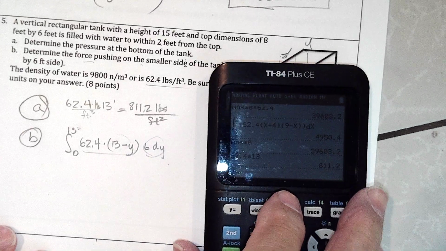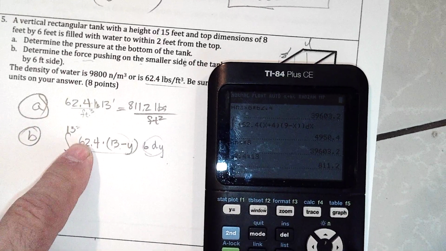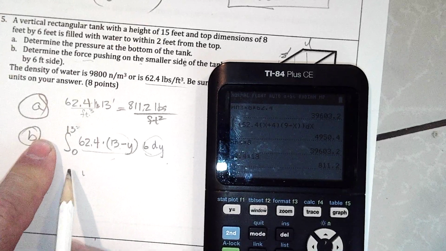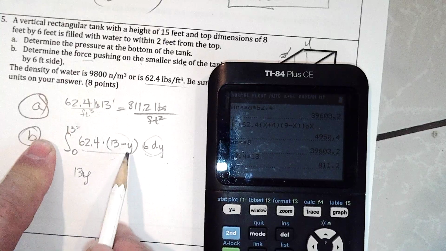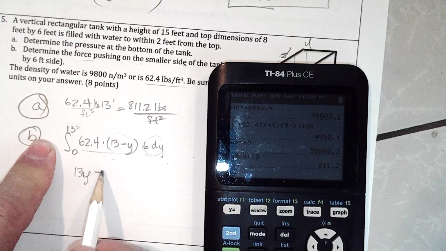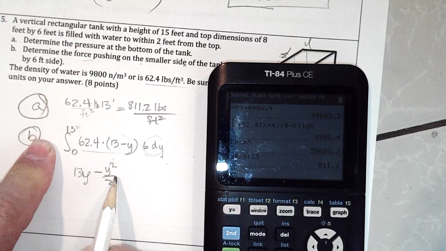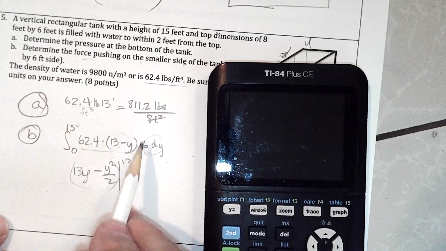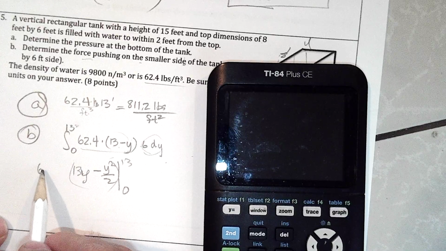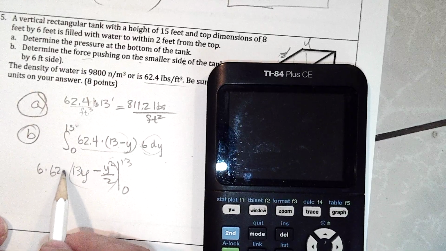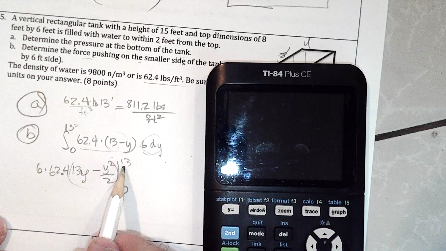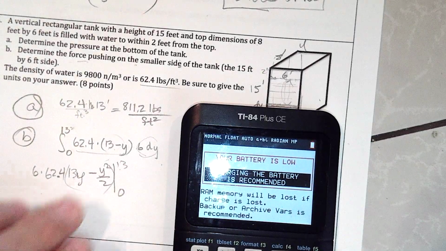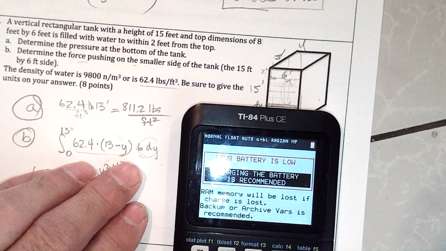So that would be, it can take the 6 and the 62.4 out. 13 would be 13y, and the antiderivative of y would be y squared over 2, evaluated from 0 to 13, times 6 and 62.4. You put the 13 in here and you get an answer, but you could also just type this into the calculator,